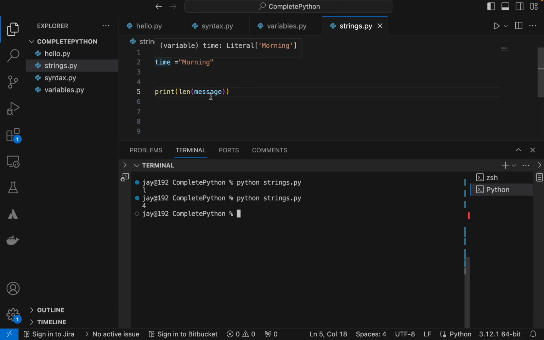Suppose I want to find the length of the string time. It's printing 7. How many characters? 1, 2, 3, 4, 5, 6, 7. So this way, using this len function,